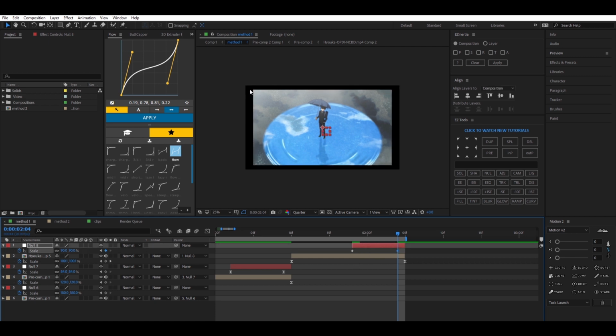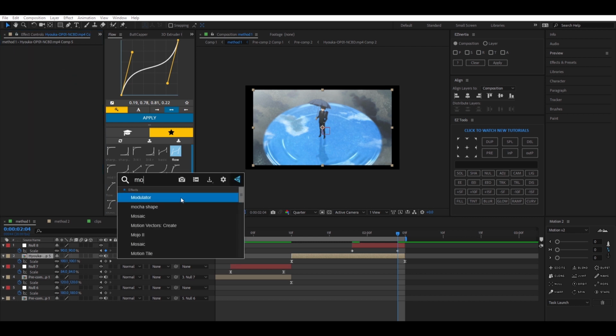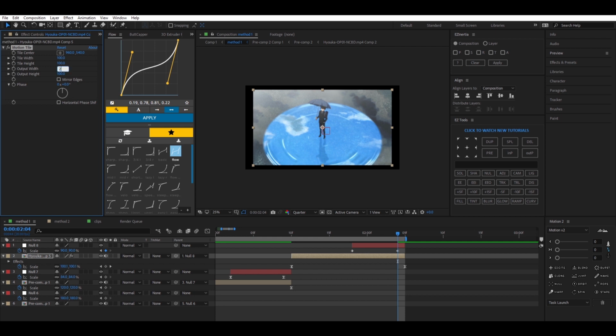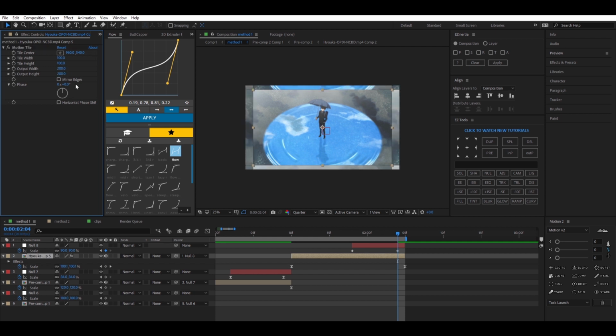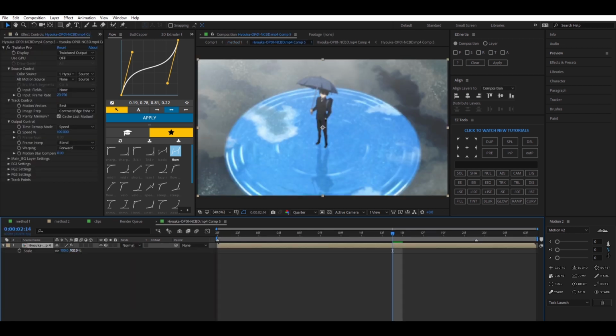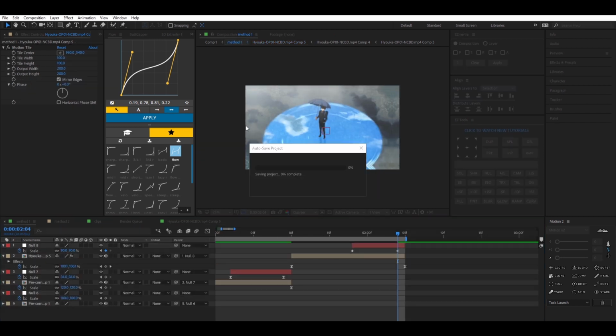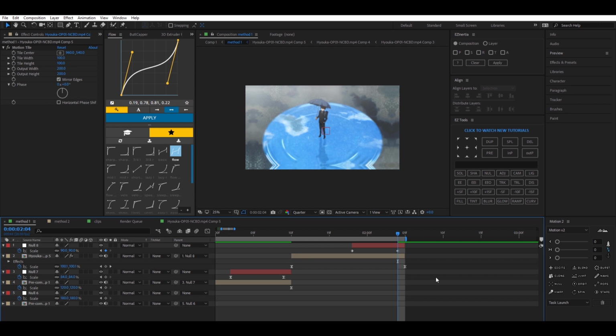So you may see these black sides on your clip. Don't worry, you're gonna add motion tile. So all you gotta do is type in motion tile, like so, and then make your values like 200, 200, and mirror your edges like so. And if you see any black lines on this, you would just go into the pre-comp of your clip and just scale in by 1, like so, and that gets rid of the black edges right there.